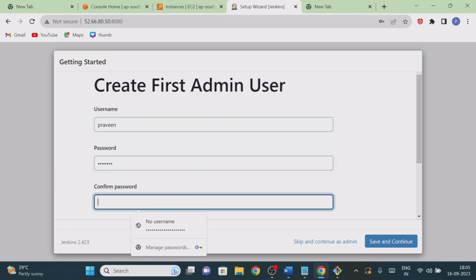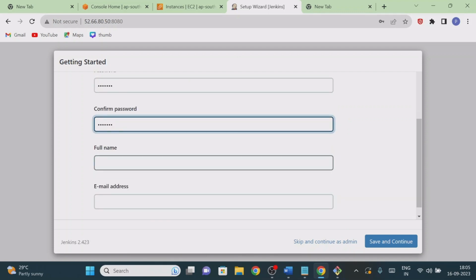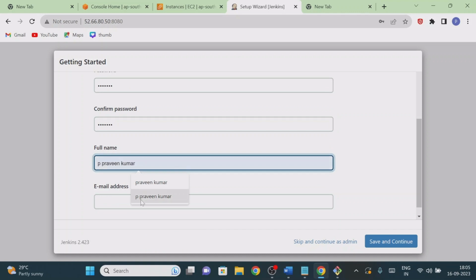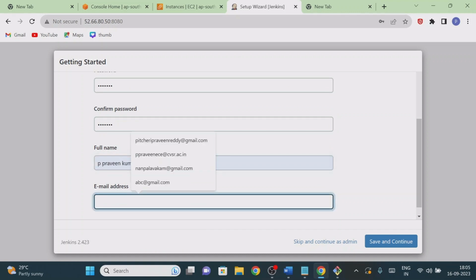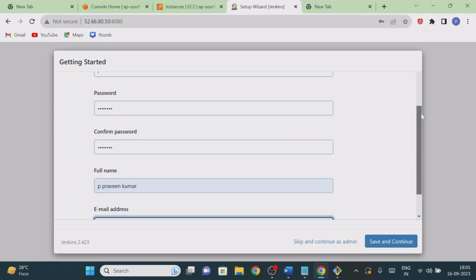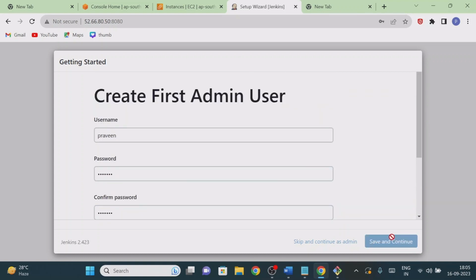So done. Now confirm the password; both should match, right? Then give the full name, whatever full name you want. The mail address is not mandatory, guys. You can give any mail address, since we are studying only for practice purposes, right? If you don't wish to give your main mail ID, just write whatever it may be. Even if it is not a mail ID, it will be accepted, no problem. Just remember that your username and password are important parameters, right? Just click on save and continue.